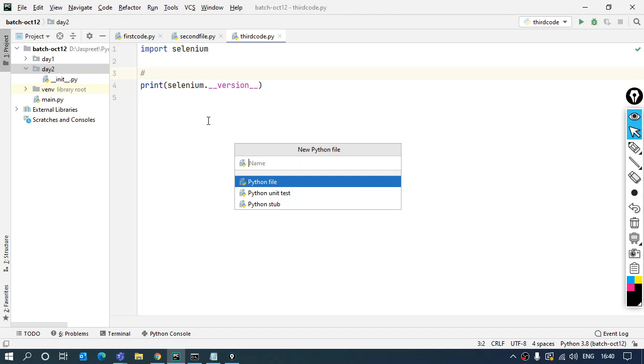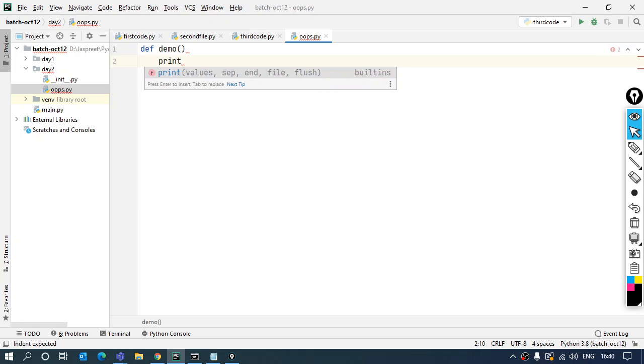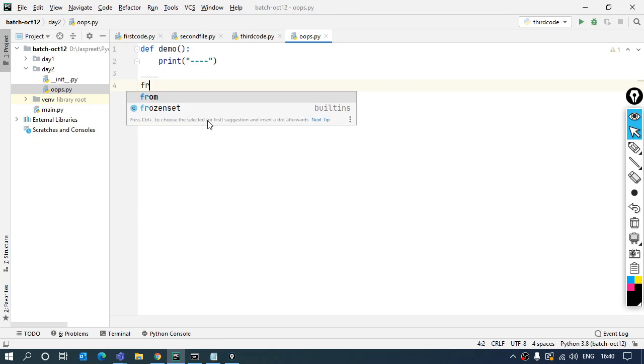Fine. Now, if I have a Python module, let's say I have the name for this as oops. Inside this, we can see the creation of a class and the creation of a function. Creating a function is simple. The def keyword will be used, then the name you want to give, and whatever set of commands you want inside. I'll just have a print statement like this. Fine. Now calling these and using them is very easy. Just use the name that you have given.